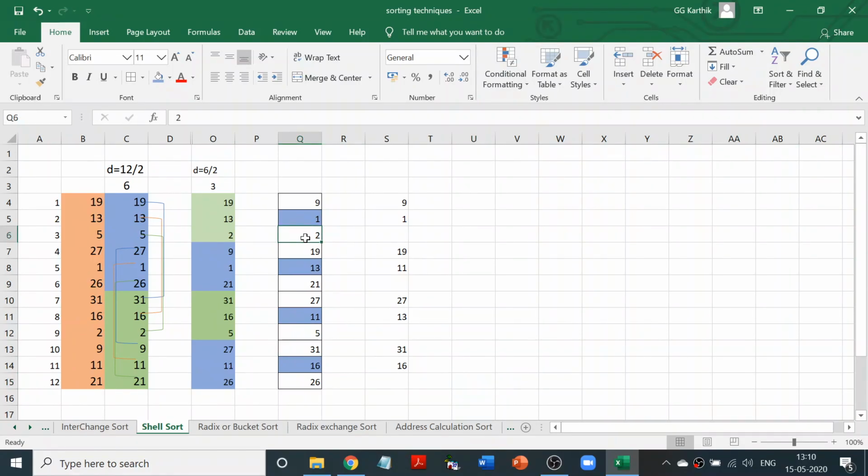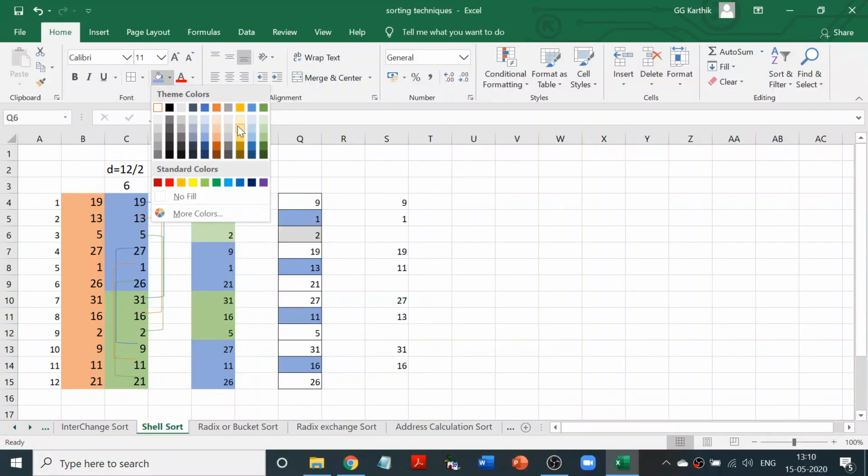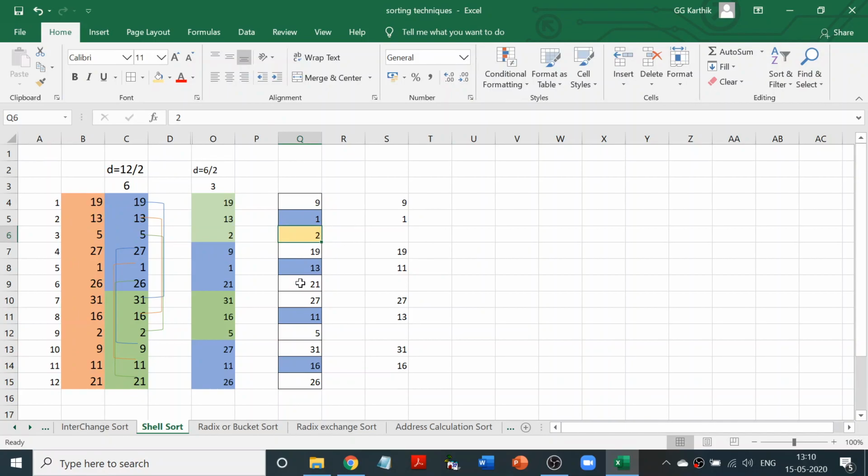So let us go to the 3's. All the 3's I'm going to compare. So how am I going to compare all the 3's? Let me give another color, so I hope you have understood what I'm saying. I don't think there is a problem. So all the 3's, right? You can see ones are in white color, 2's are in blue color, and 3's are in yellow color, right? So now you have 2, 21, 5, 26. So what we will do, 2, okay, then comes 5, then comes 21, and then comes 26.